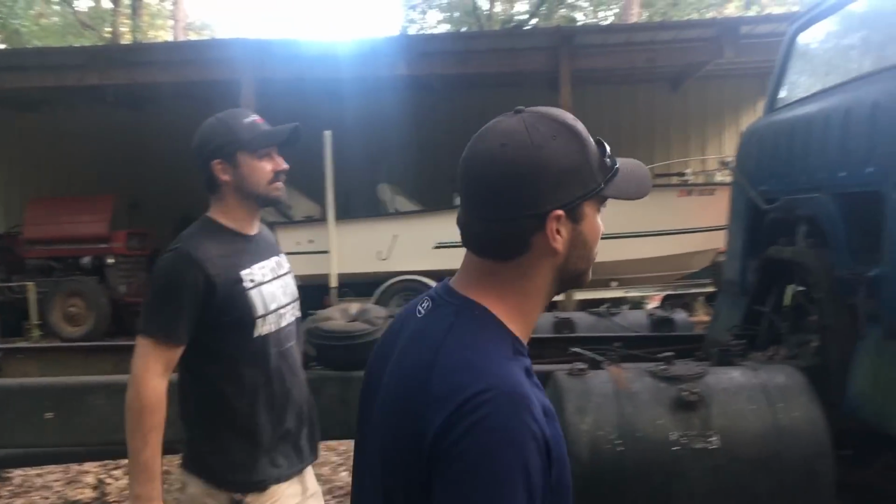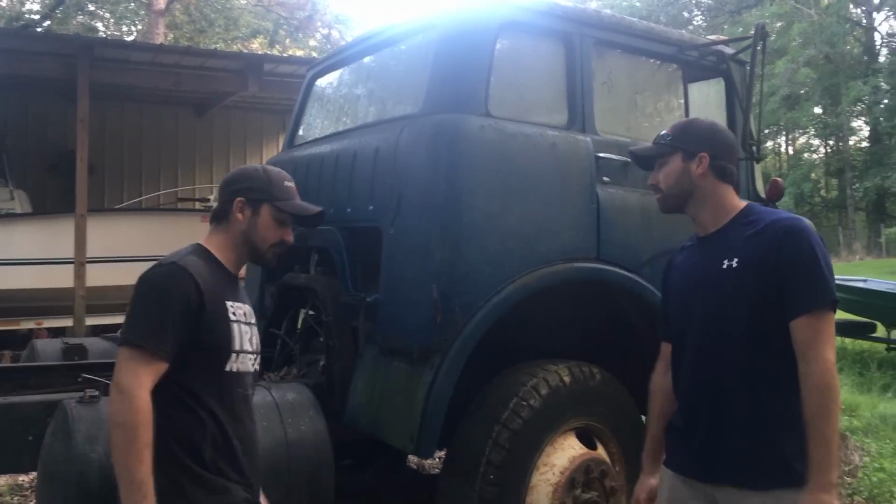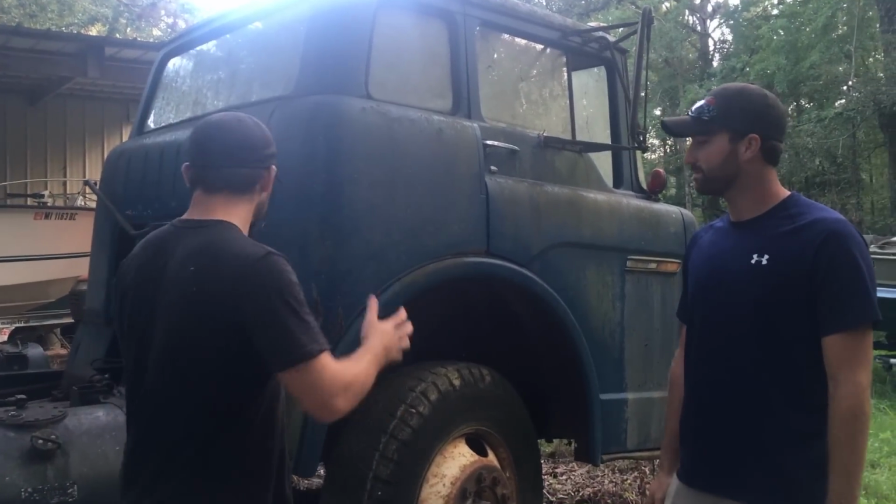Okay, so we're walking up on Big Blue. This is my 1963, '64-ish F700 Cabover. I got it for free. Well, basically free. We worked really hard on it, but I personally think the coolest thing about it is this,